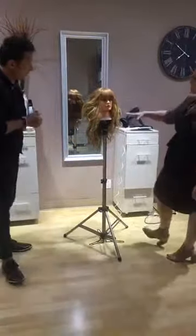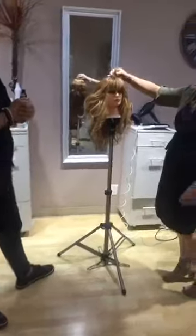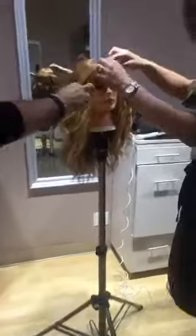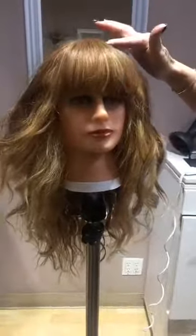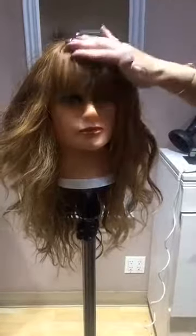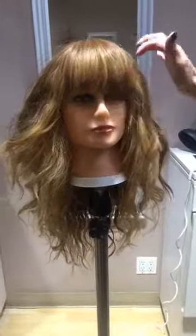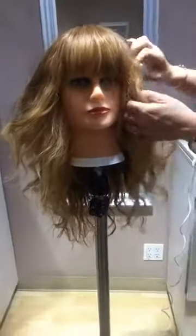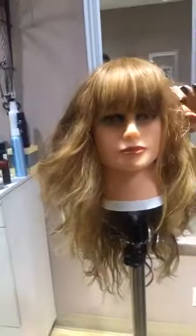Yeah, with the color definitely coming into the front, and you guys can see underneath there's some blonde underneath there. So by taking a triangular section, keeping out the top peak of the triangle, going back to back with foils underneath to create the texture of the dark color to the light, as well as coming in here on the side, down on an angle, and taking those foils on a slant